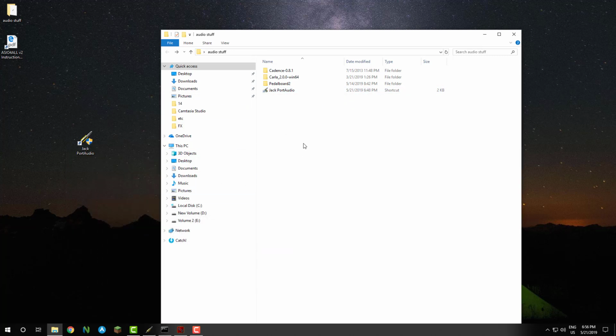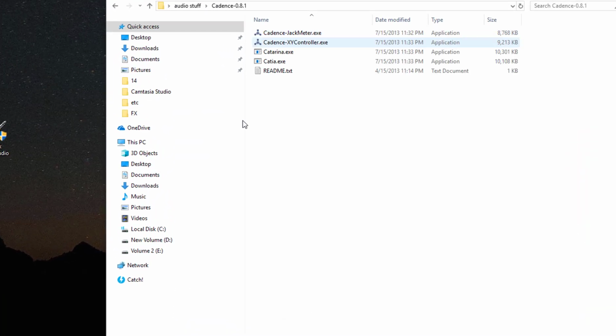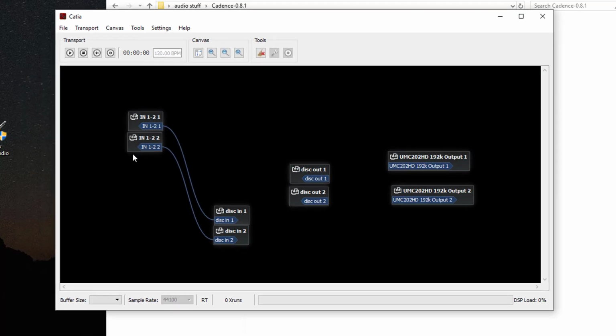So now we have port audio started. What we want to start is Cadence. And specifically in Cadence, we want to start Catia. Of course, always run as administrator, otherwise it won't work. But you'll notice when you start Catia, you'll get this program. What I have here